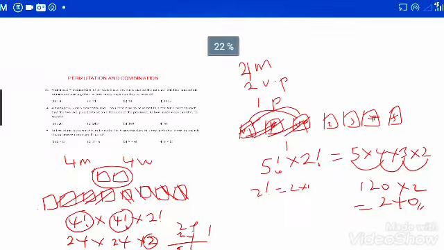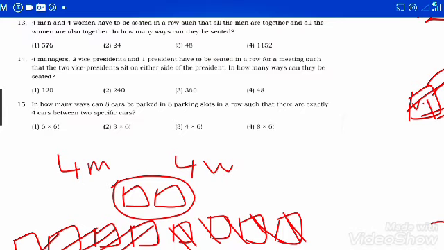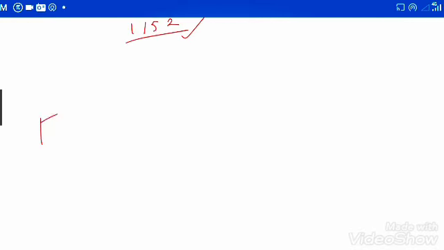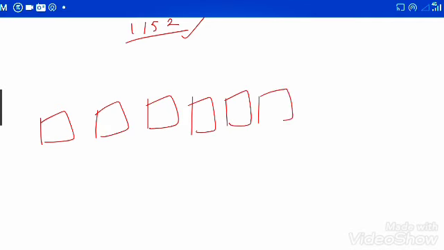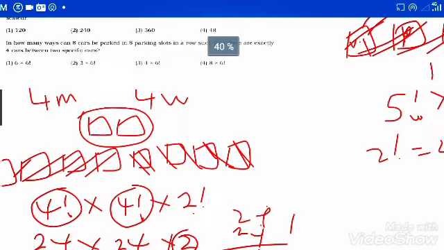Now the last question here says, in how many ways can 8 cars be parked in 8 parking slots in a row such that there are exactly 4 cars between 2 specific cars? Okay, we're looking at 8 slots. So we're going to have 1, 2, 3, 4, 5, 6, 7, 8. Now it says there must be 4 cars between